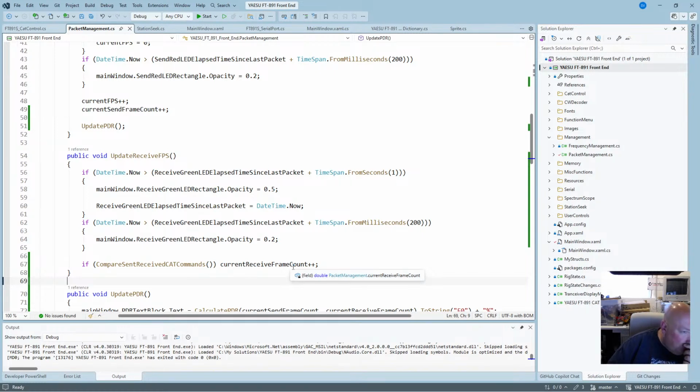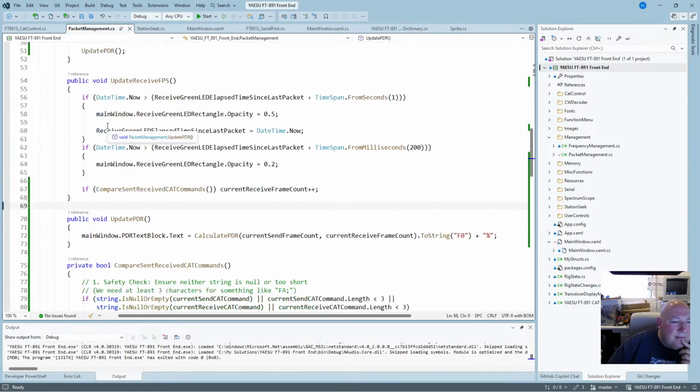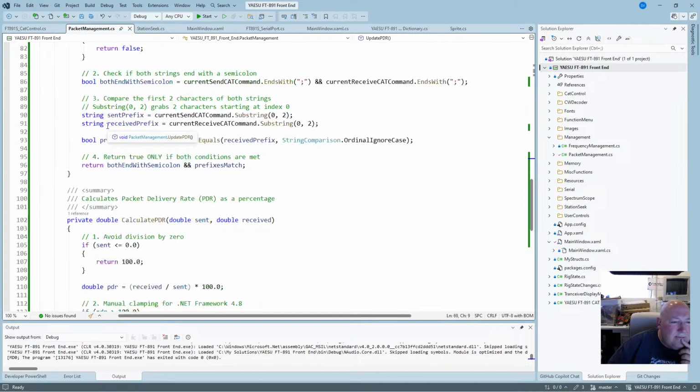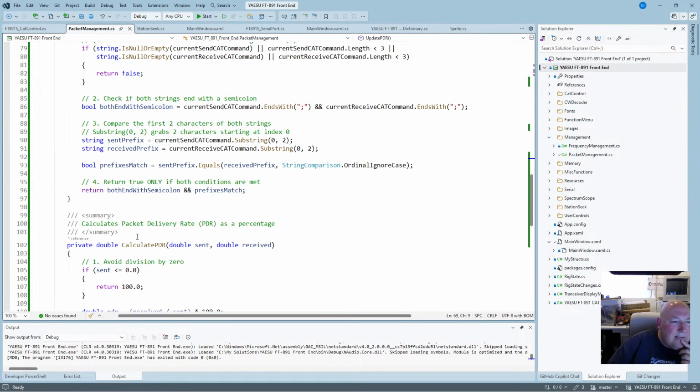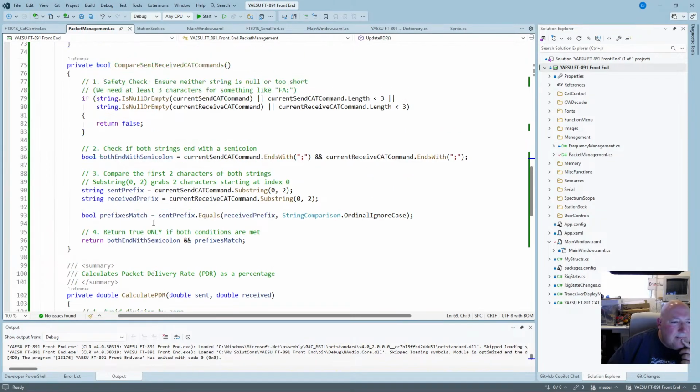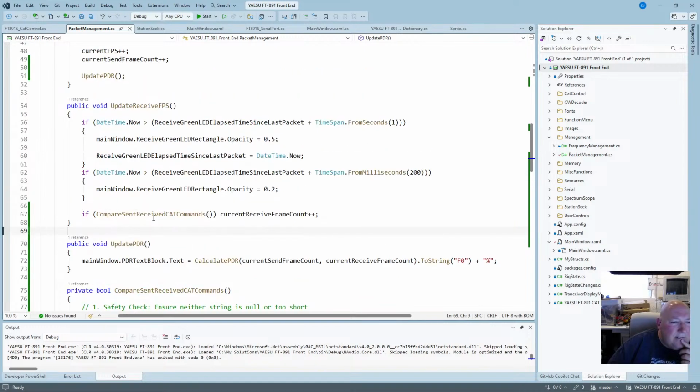Right, they've got to compare. So when we send one, yeah, we don't compare them. So update PDR. That's probably update. What's that again? I forgot what it says. Packet delivery rate. Right, so if they match,